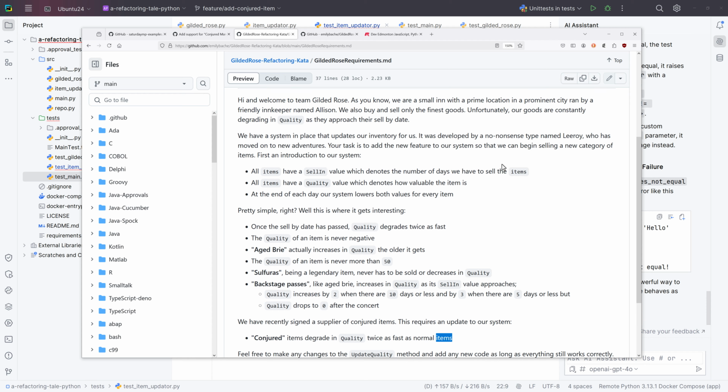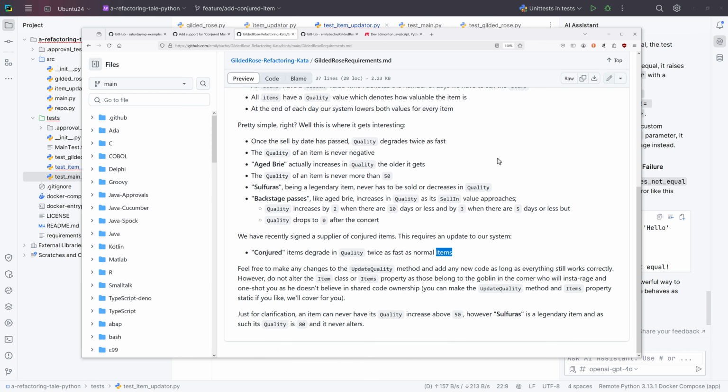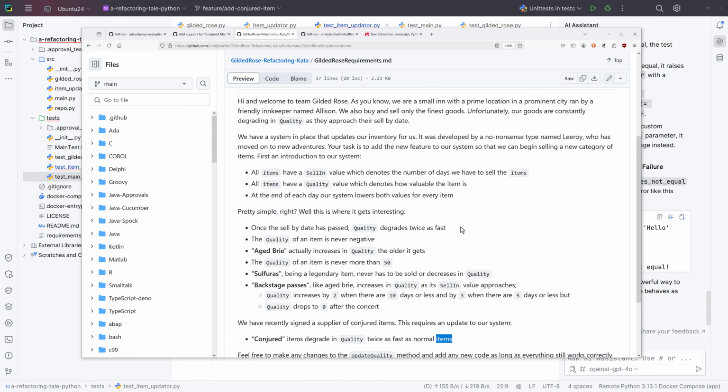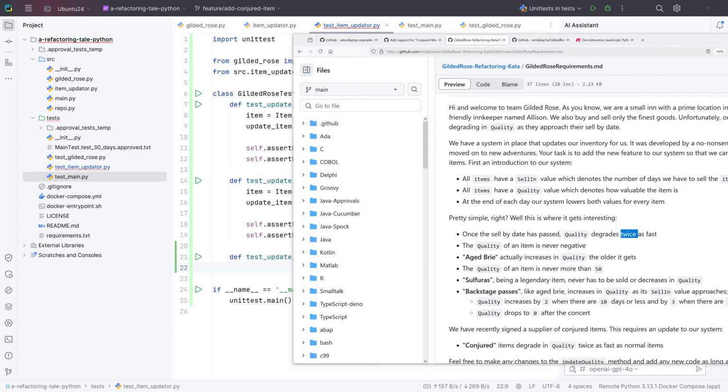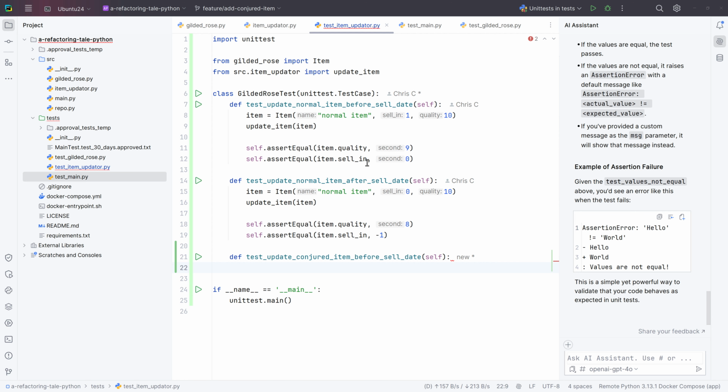So some of these requirements are not great. I think we just make the assumption that twice as fast, at the end of each day they lower by 1, so it's going to be 2. And if it's twice as fast here, 2 times 2, this will be 4. So quality will go down by 4, and it'll go down by 2 if it's not past the sell-in date. So before the sell-in date,